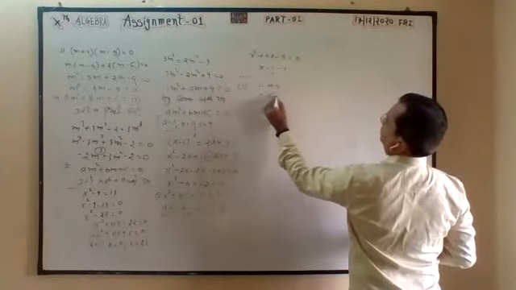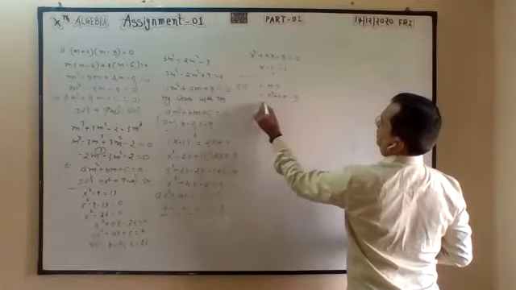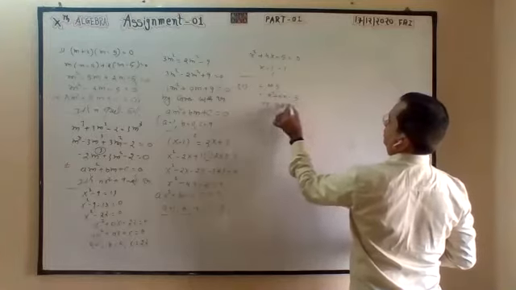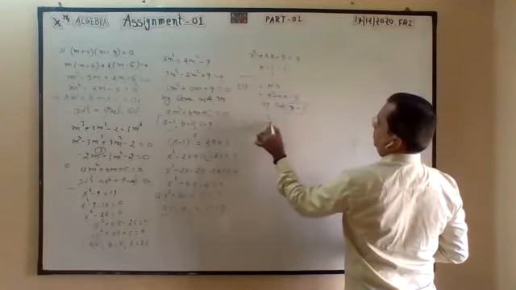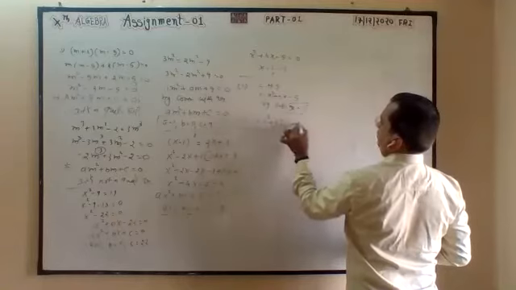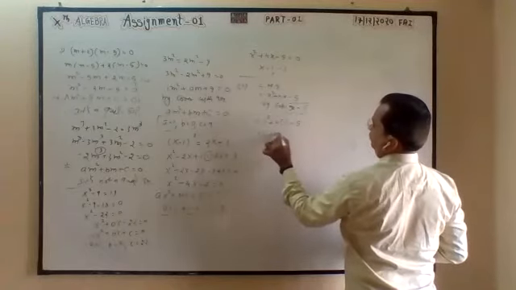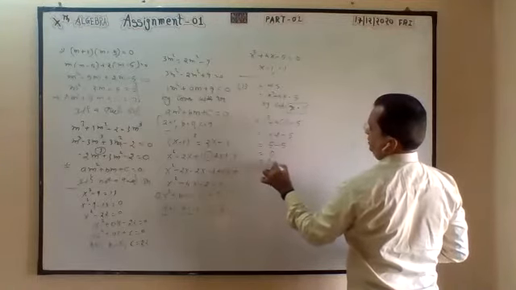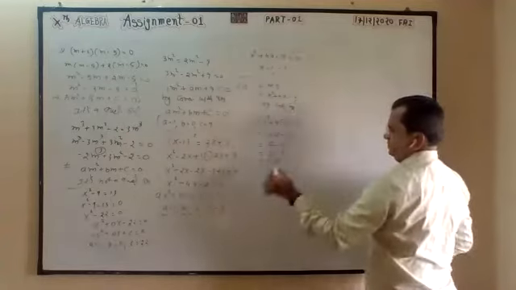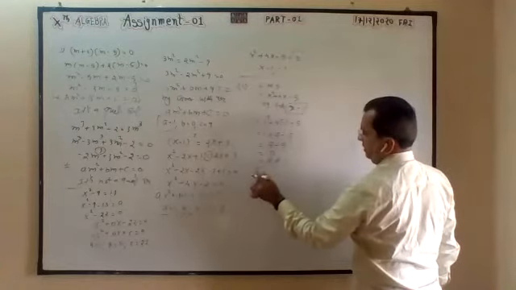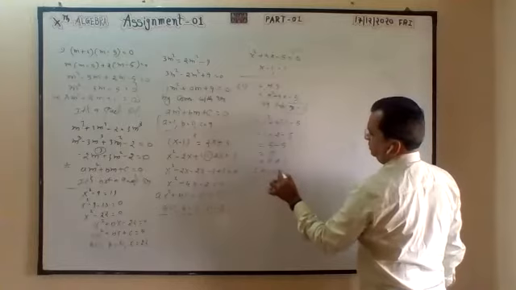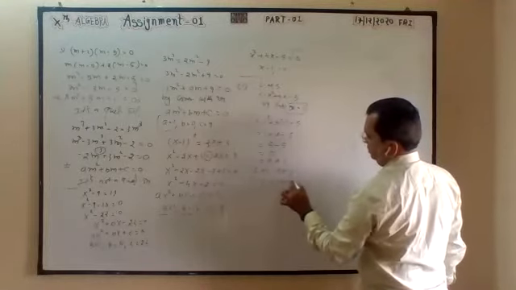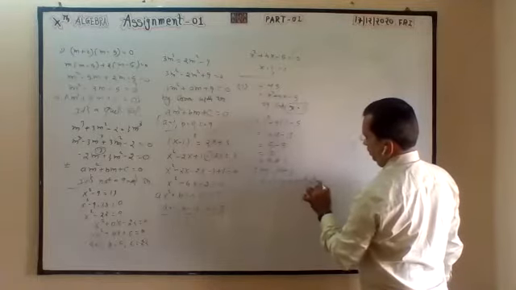Left hand side is equal to x square plus 4x minus 5. By substituting x is equal to 1: 1 square plus 4 times 1 minus 5. 1 plus 4 minus 5. 5 minus 5, it is 0. It is the right hand side. Therefore, left hand side is equal to right hand side. Therefore, x is equal to 1 is a root of the equation.